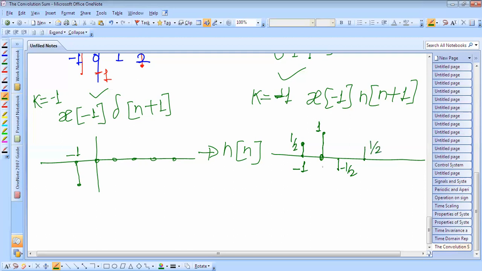Okay, so we have shifted here by 1 unit to the left. So what we have to do now is multiply it by, okay, so on the left hand side this is x of minus 1, and here it is actually the minus 1 value, and it is a plus half value. So this is actually added. Convolution sum means it is added. So minus 1 plus half, it will be minus half.